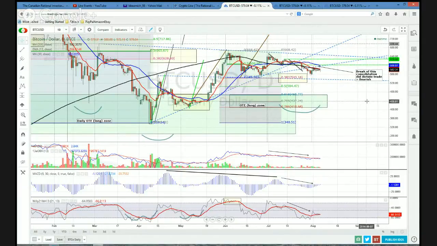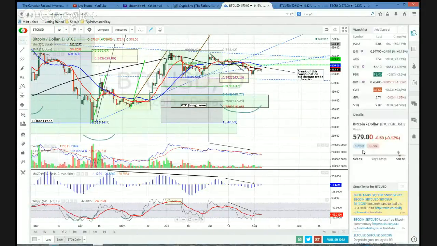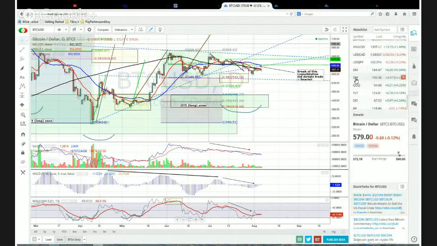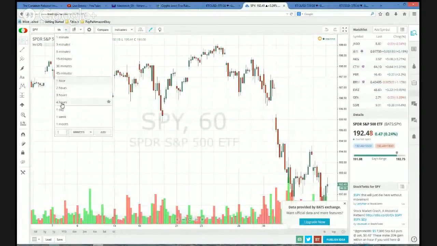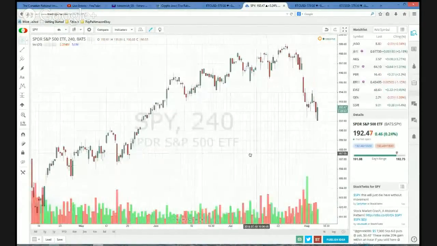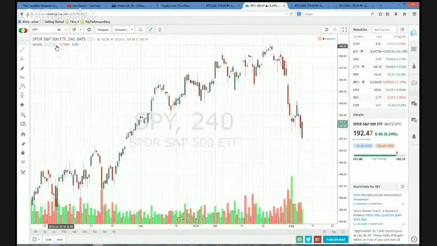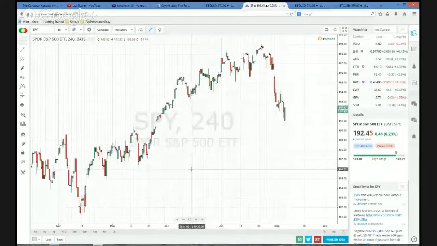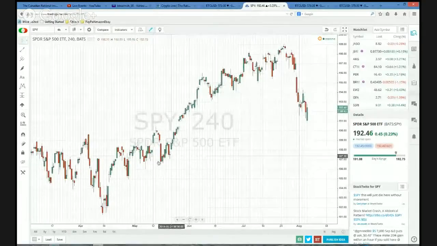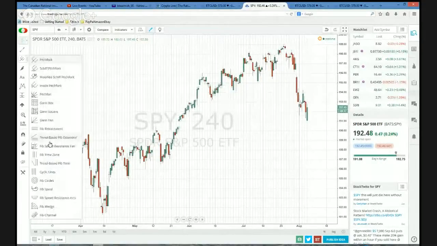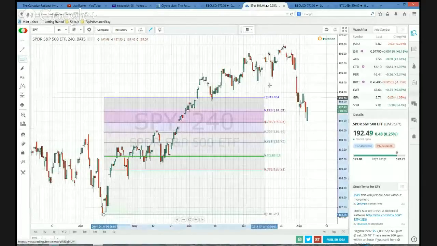In stock market land, you can see quite a bit of action lately. If we look at the major stock indexes, not to get off topic, and maybe because I've gotten off topic, I might extend this a little longer. Looking at the S&P 500, this is a 4 hour chart. It's been a bit of a challenge here for the stocks. They didn't correct through this normal May-June time period when they should have, so I think they're just playing catch up right now. And if you just draw really simple fibs,